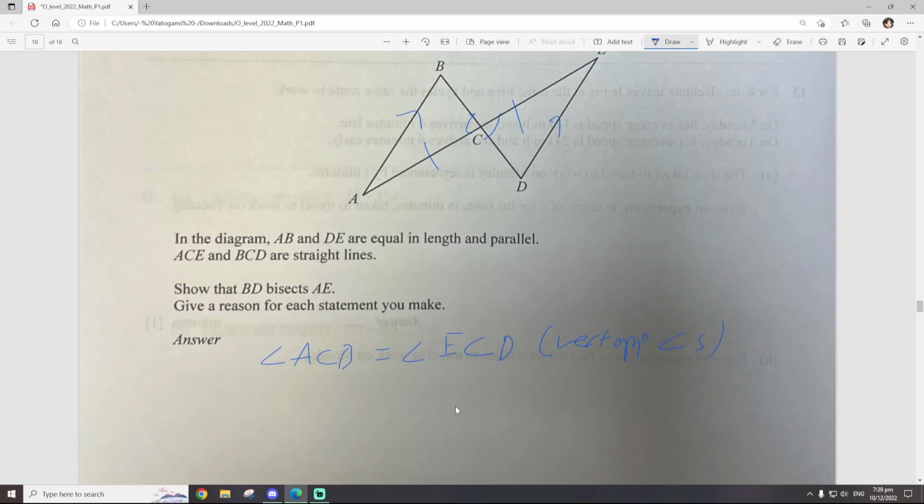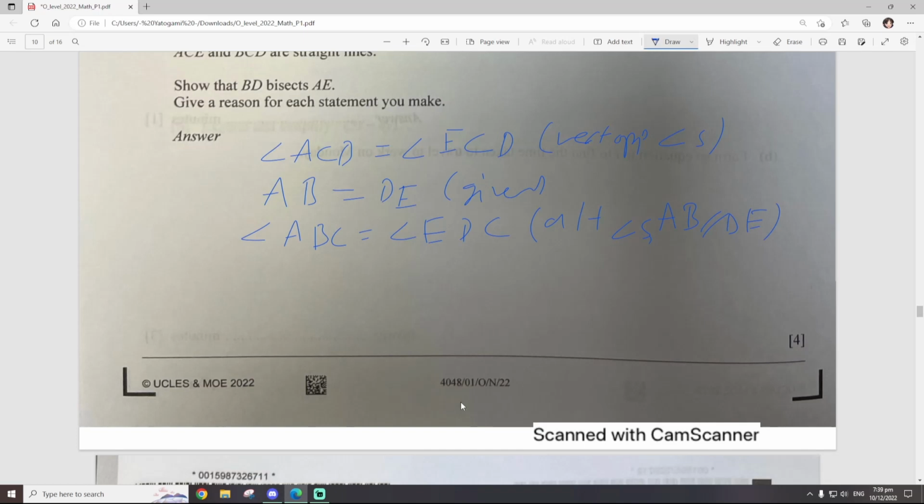We are given that AB is DE, given. And finally, angle ABC is the same as angle EDC. The order of the letters matters as usual because of alternate angles and the fact that AB is parallel to DE. Okay, so by AAS congruence,